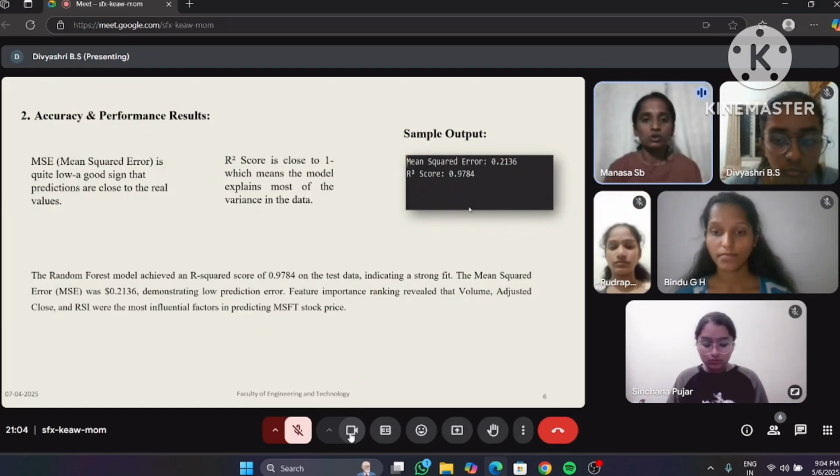It ranges from 0 to 1, where a value closer to 1 implies that the model is able to explain a large portion of the variance in the target variable. Our model achieved an R square of 0.9784, which means that 97.84% of the variance in the Microsoft stock prices can be explained by the features used in the model. This is a very strong fit and confirms that the model has successfully learned the patterns and